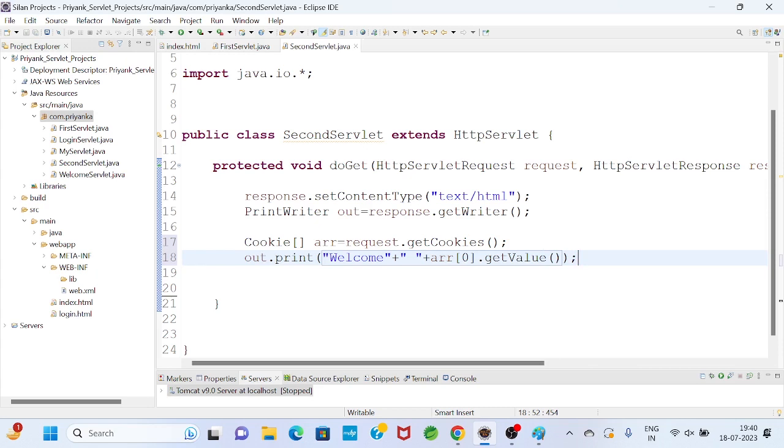Okay, so control S for saving. So this is the purpose of the second servlet. Whatever cookie we have created in the first servlet, containing information, that information I will get in the second servlet. So the concept is that whatever information the cookie contains is assigned in